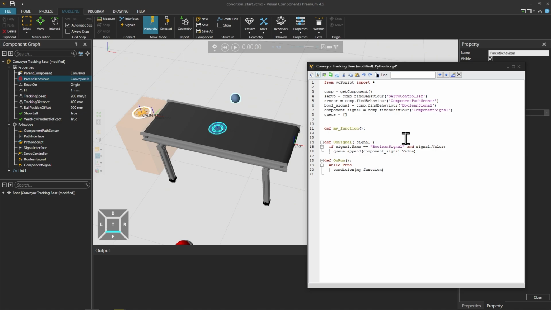When that's done, we can check within this my function whether this queue has something in it. And if that's the case, we can then pop the queue. And it's important to pop the queue because otherwise this if statement would always pass. Like so. And then as always, if we want to test something, it would be a good idea to print things out.